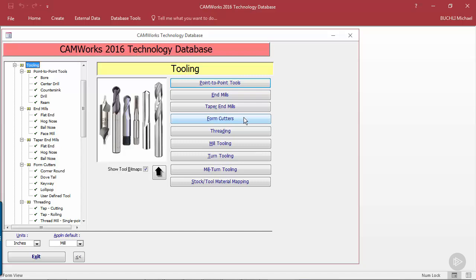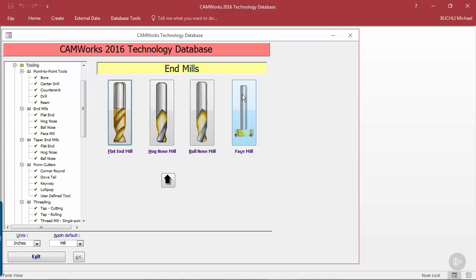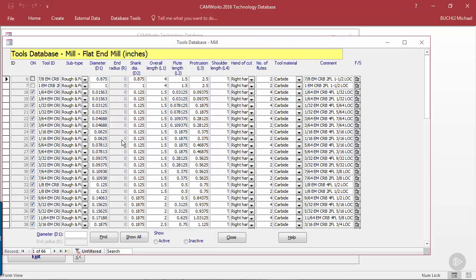You do have the ability to create all your custom tools, but we're just going to take a look at end mills. And you can see when we go to end mills, we have 4 different types: flat, hog, ball, face mill. We're just going to click a flat end mill. And then here you start seeing another big matrix